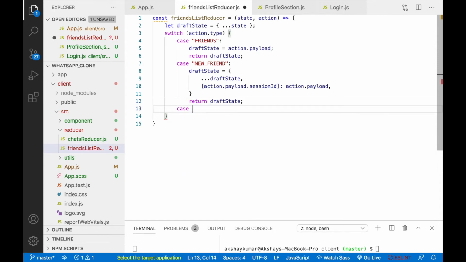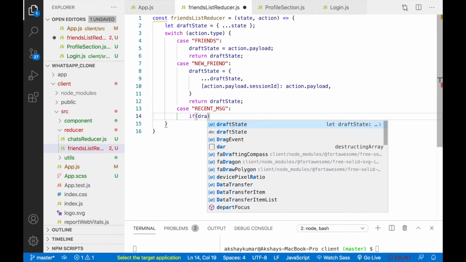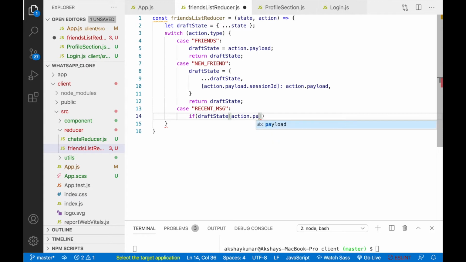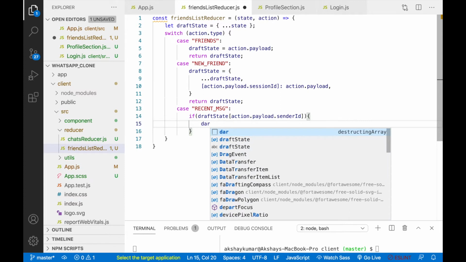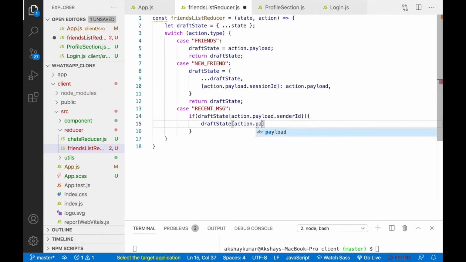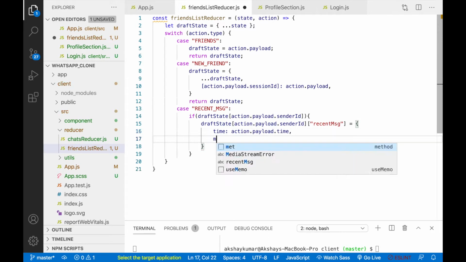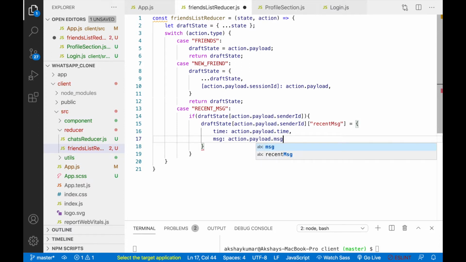The next case will be recent message. In this case, we'll write if draftState action dot payload dot senderID is there, then we'll write draftState action dot payload dot senderID. Then we'll pass recentMessage here equals one object. Here we'll write time is action dot payload dot time and message is action dot payload dot message.